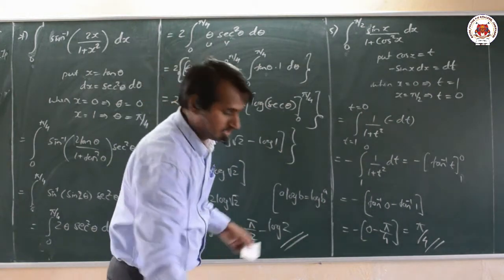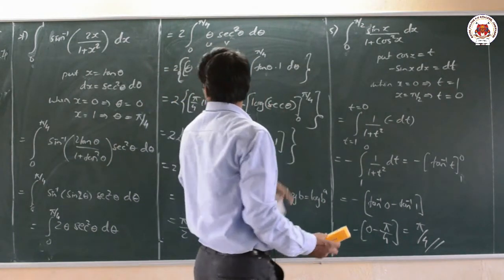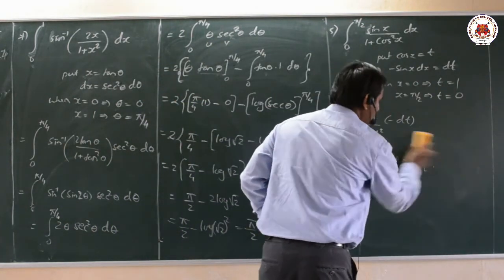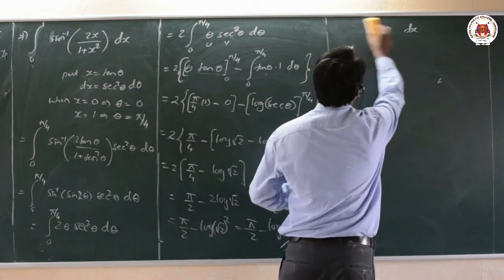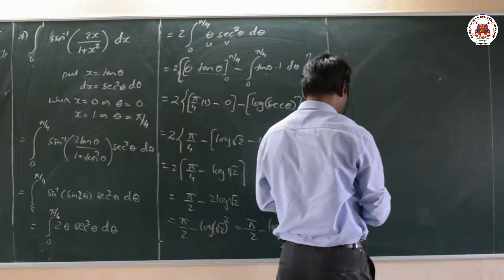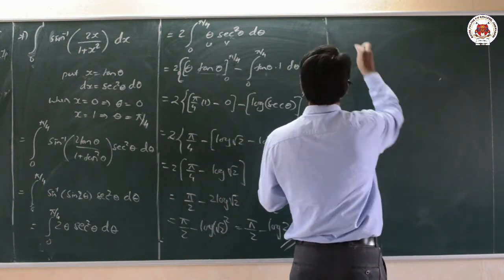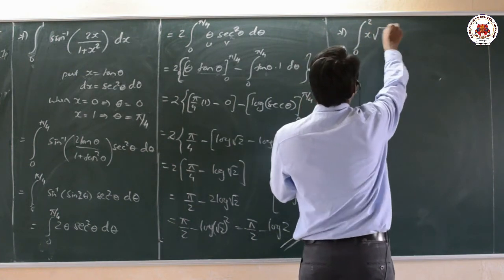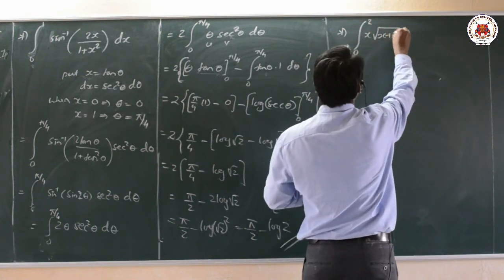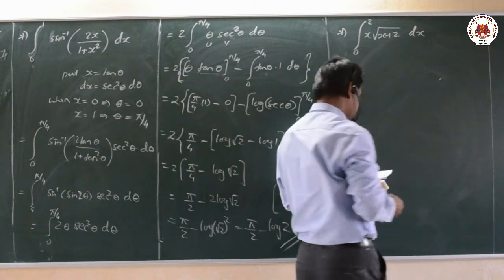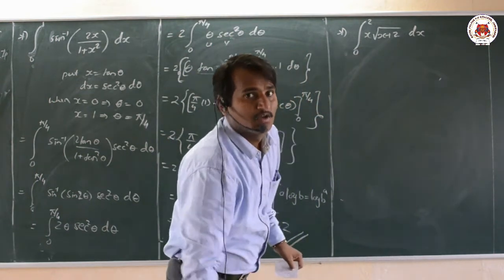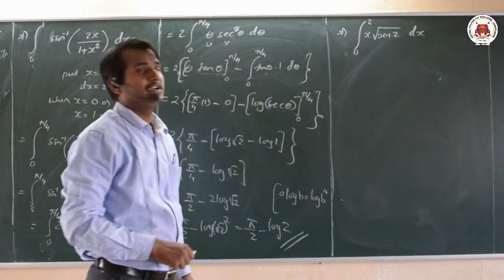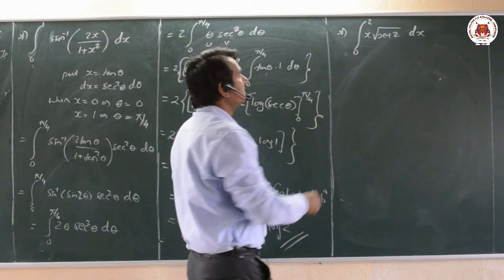Now we shall start with the last problem of this particular exercise, that is integration from 0 to 2 of x into root of x plus 2 into dx. Now we have to integrate it. So what we get here, that is nothing but here,